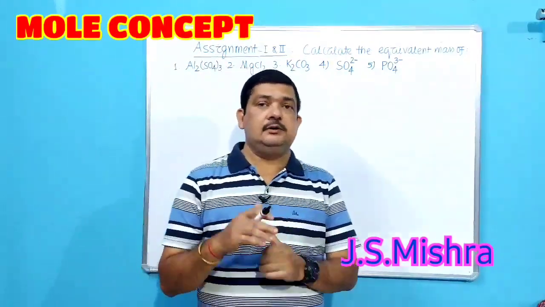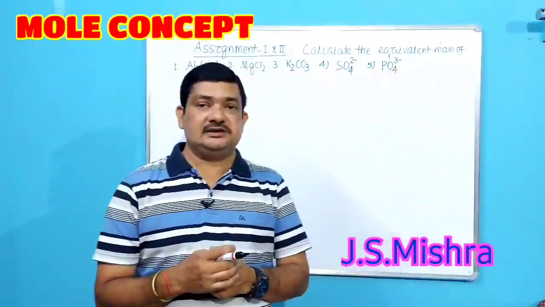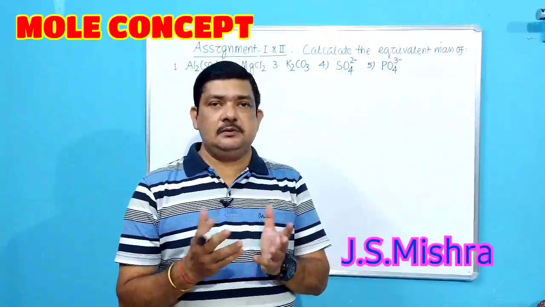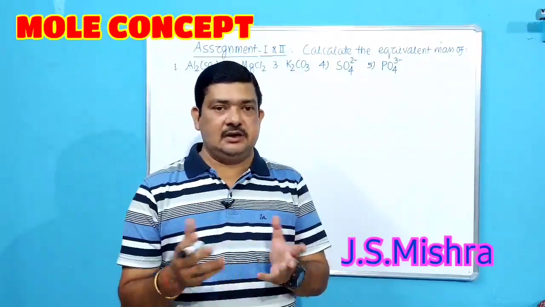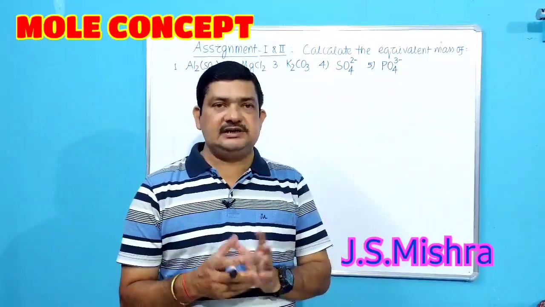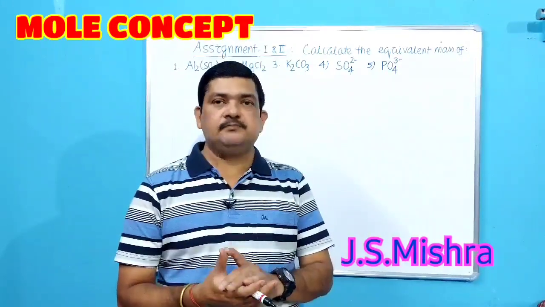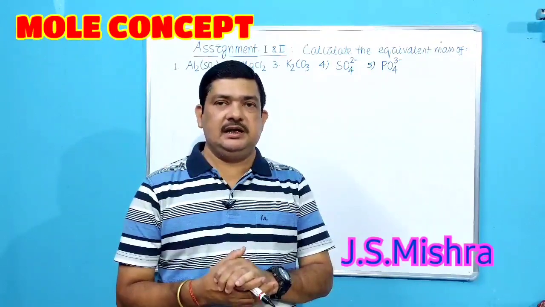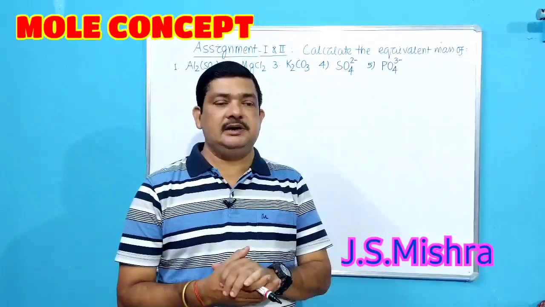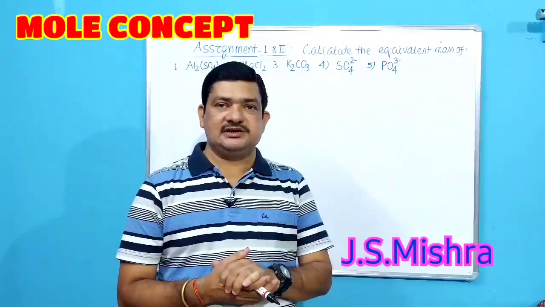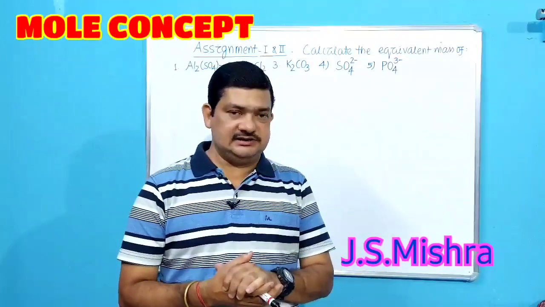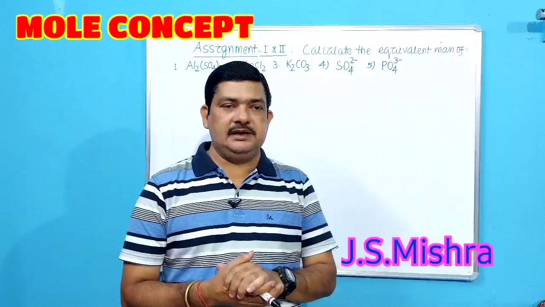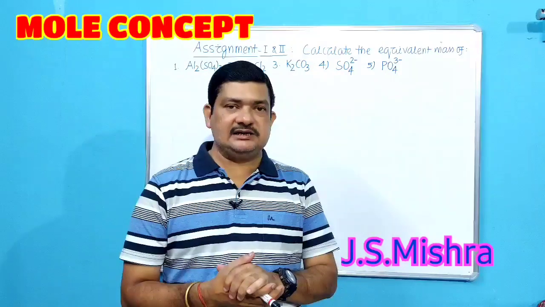As I told you, after discussing the redox reaction, we will discuss the remaining equivalent masses, because for the time being you don't have any idea about oxidation, reduction, oxidizing agent, reducing agent. So after your redox reaction chapter is completed, I will tell you the remaining two formulae to calculate the equivalent mass of oxidizing agent and reducing agent. Then, as usual, we will start the class with solving the assignments given in the last class.